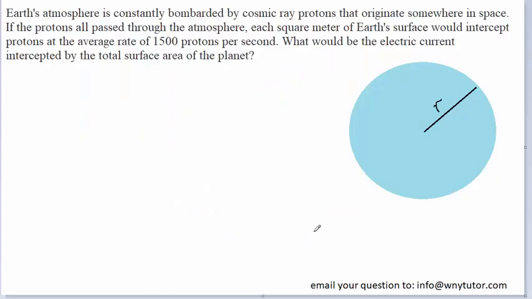If you haven't done so yet, make sure you pause the video and try to answer this question on your own first before listening on. We can see that the question is asking us to determine the electric current that's intercepted by the total surface